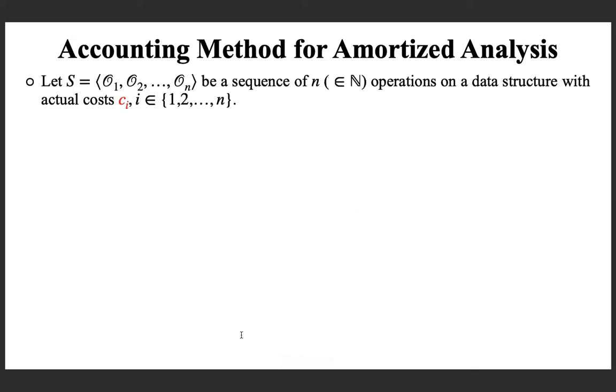Now this is what we have to do. We have to find the total worst case time for performing a sequence of n operations, where each operation O1, O2, etc. On, each of the operations in this is assumed to have the actual cost C1, C2, etc. So what is the total cost of performing all these operations? That we saw, it is nothing but adding all the costs, right? That is the actual total cost.